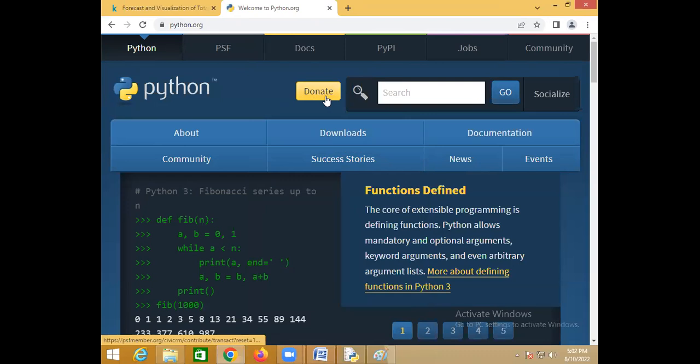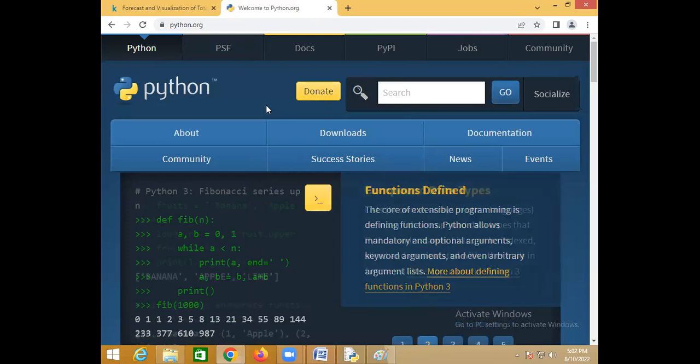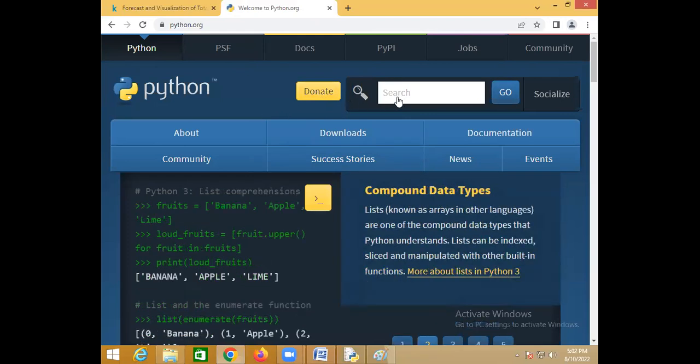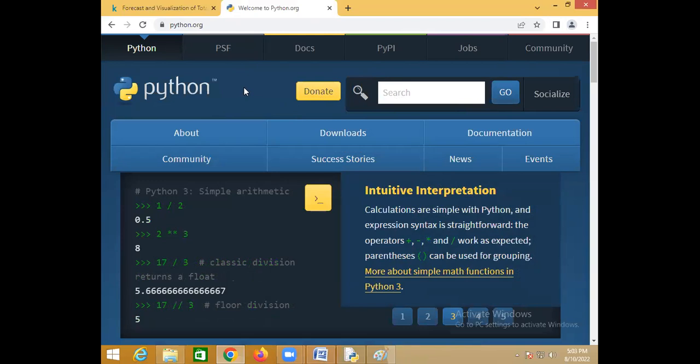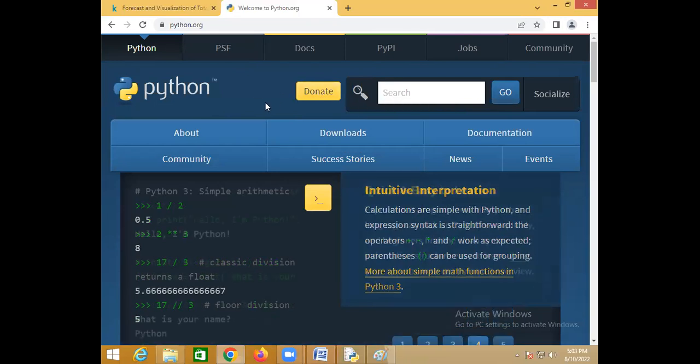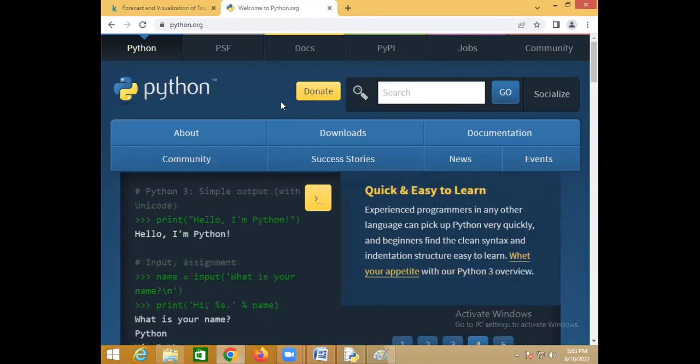www.python.org. Now you can also donate. Here, see, there is a donate option. Suppose you got a job on Python. Do you give the first salary? No, you don't. You give it to friends. You throw a party. When the first salary comes, friends come home. Right or wrong? You don't think about Python, right? So this is how it is.